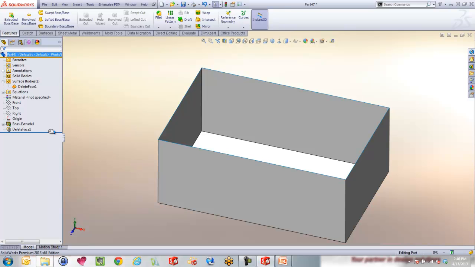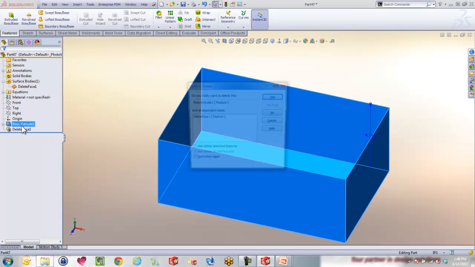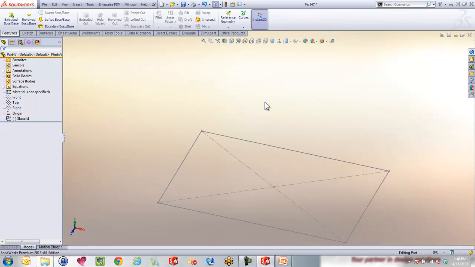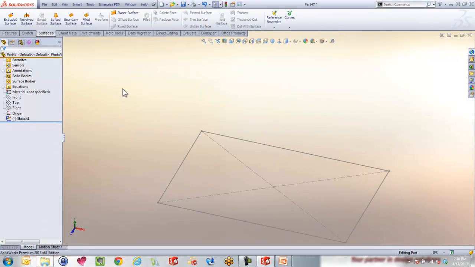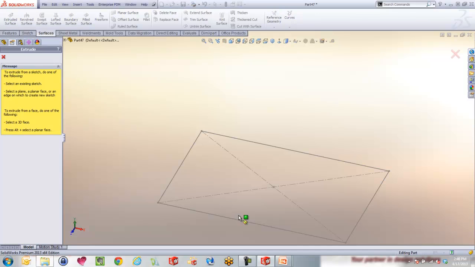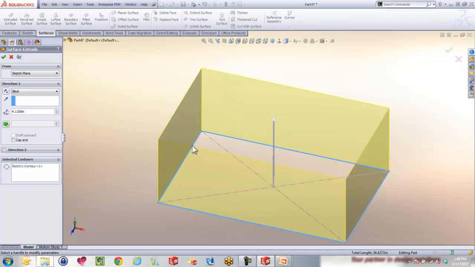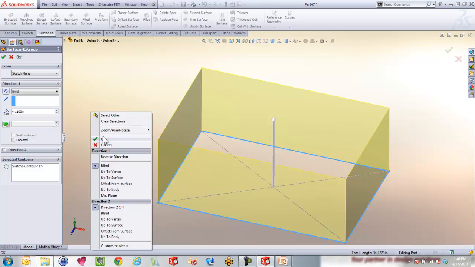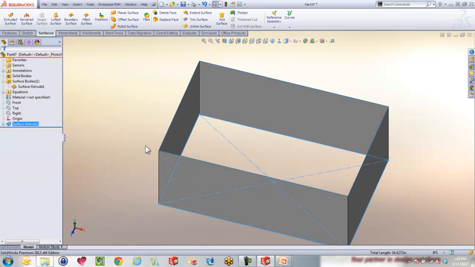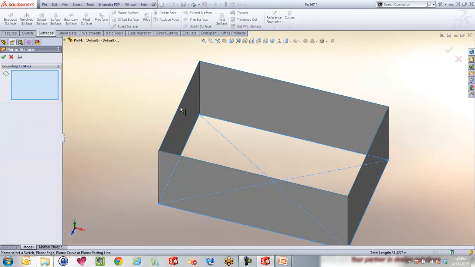Is if it sees a gap, it will turn into surfacing. Now, just for the heck of it, if I go in here and delete these, bring it back to our original sketch. If I go to the surfacing toolbar over here and hit extrude surface, select these here, then I get 4 non-thin walled. And if I go over and use something like planar surfaces and just close the open gaps up here,